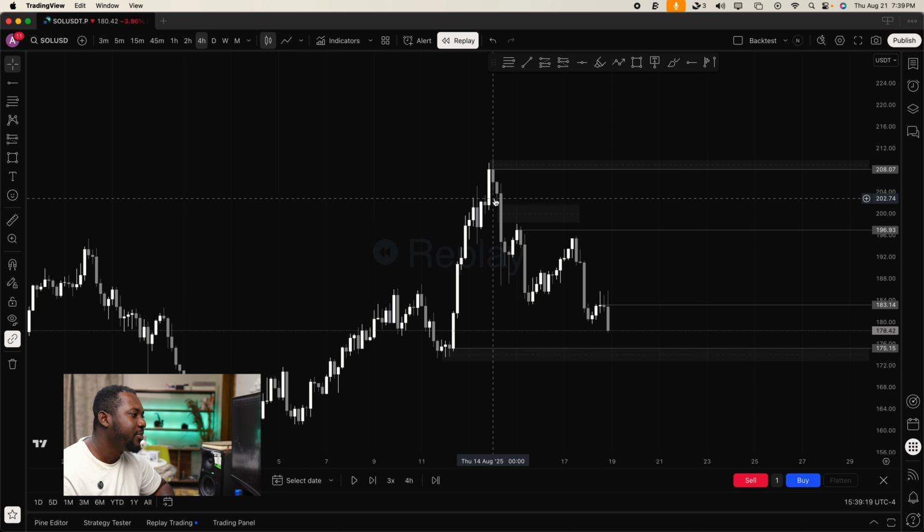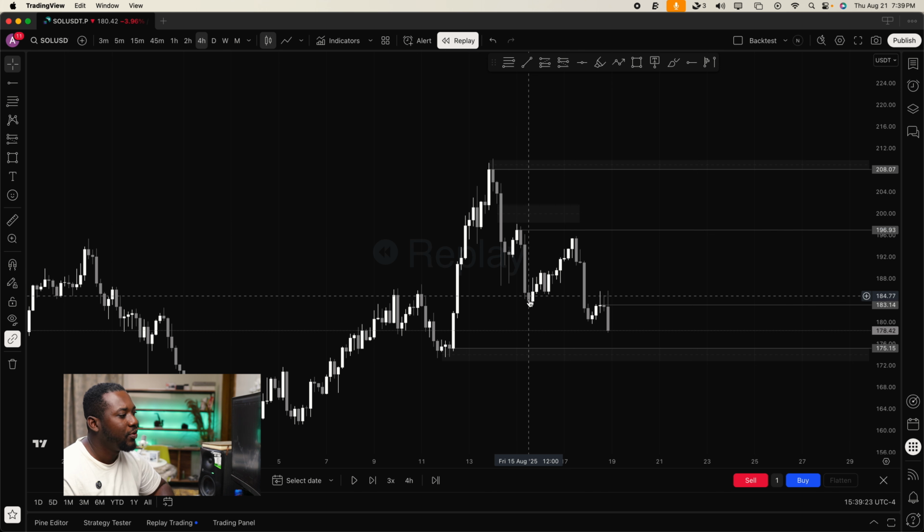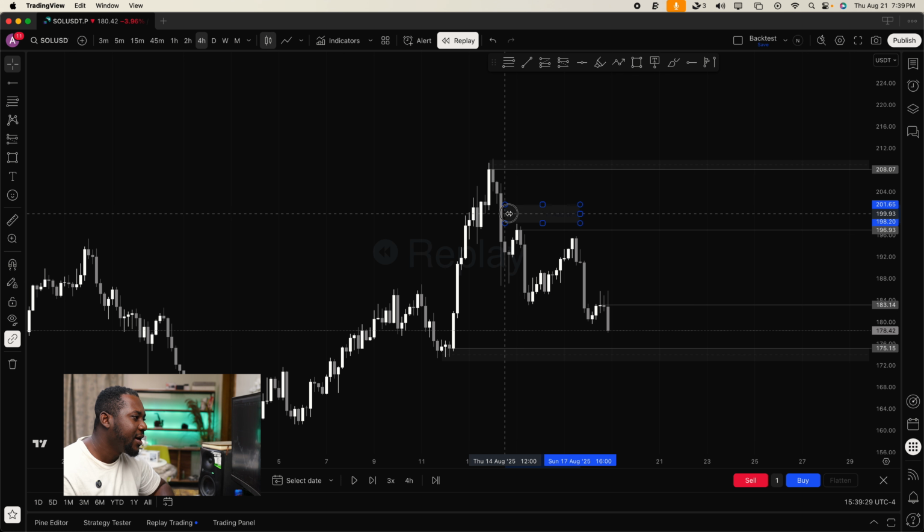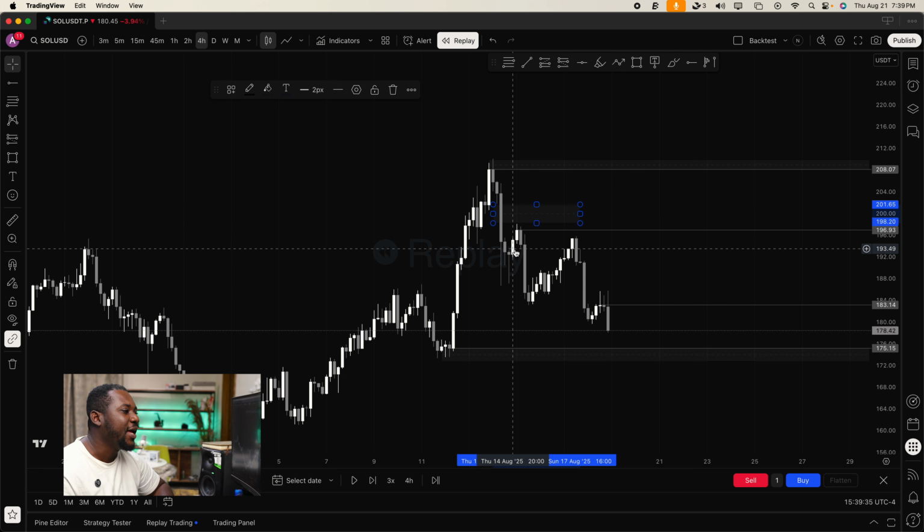So market moved from this zone all the way here, reversed to this zone, and then it moved all the way down. But then it didn't come to cover this particular zone. So here we have an inefficiency which is located at this particular zone, which means in future the market is possibly going to come and clear this particular inefficiency. Okay,